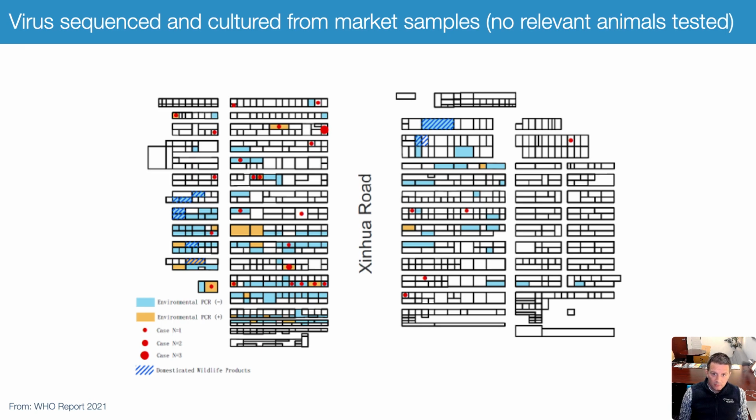But what's really important here is to understand that the relevant animals were not tested. Things like raccoon dogs, for example, that we know were for sale, were in fact not tested when the Wuhan CDC came in. And probably these animals had actually been removed prior to the visit of the authorities coming to the market. So it's important to understand that when people said, oh, but we haven't found any infected animals, well,